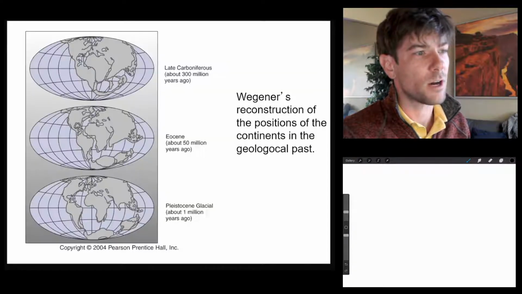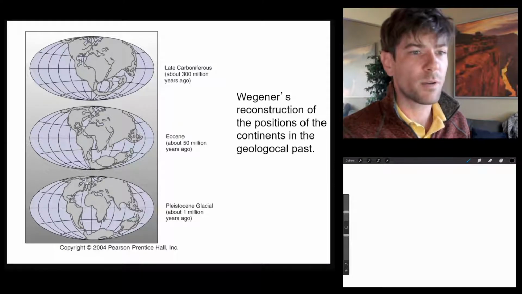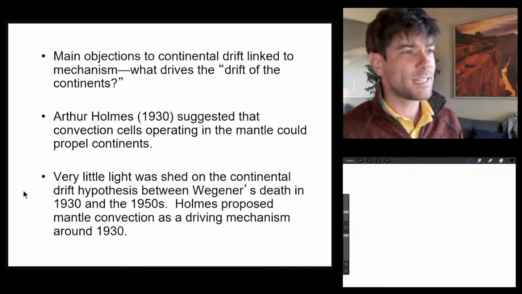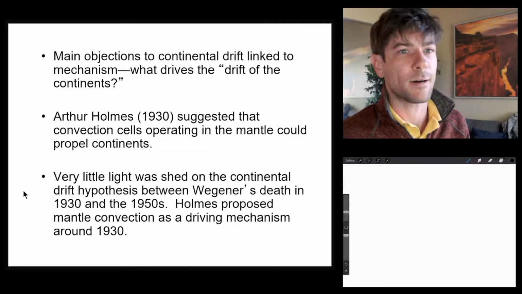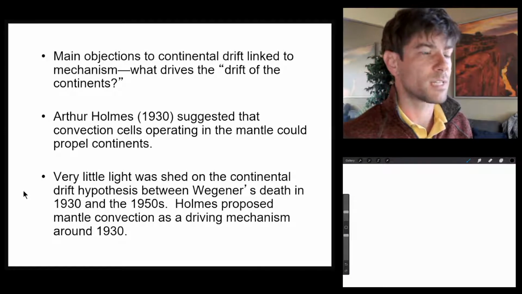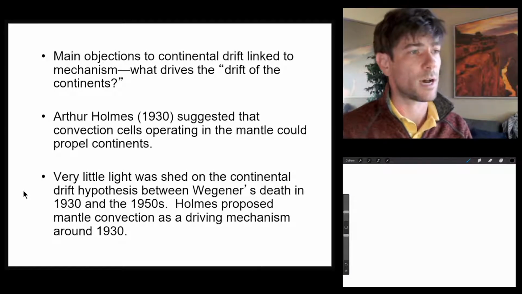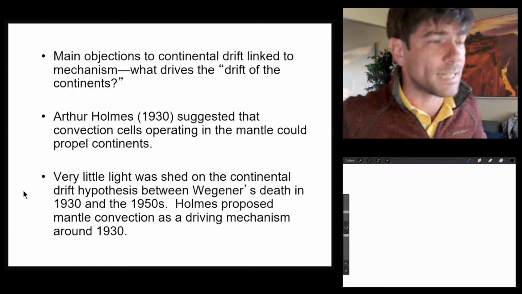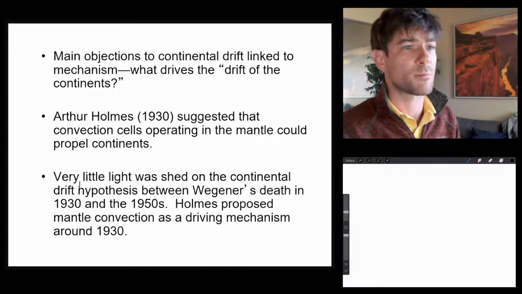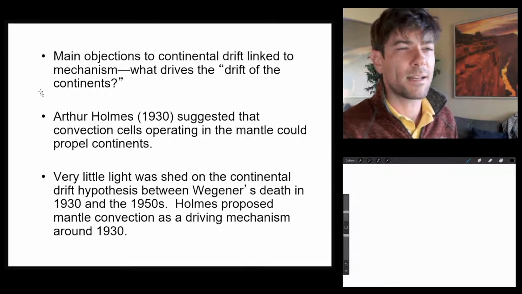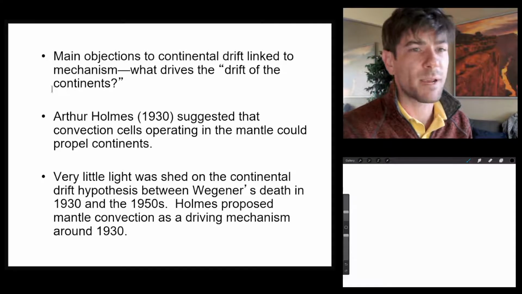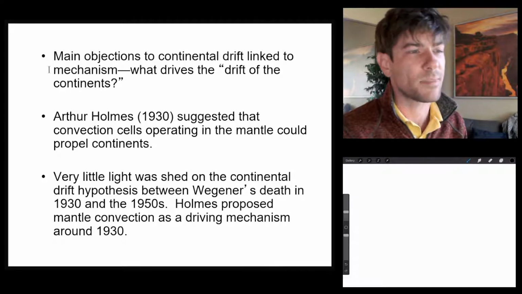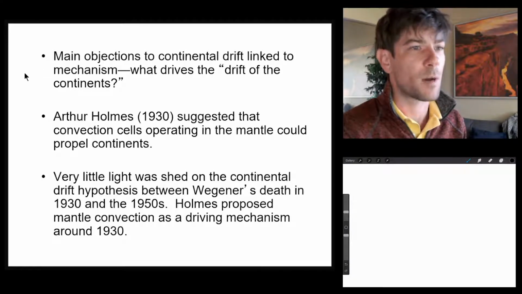Alfred Wegener said, no, that can't be right. What if the continents actually moved throughout Earth's history? And he reconstructed it like that. The scientific community did not buy this. They objected. The scientific community is often slow to adopt new thinking, and this was no exception to that. Their main objection was that Alfred Wegener didn't come up with a mechanism that could drive